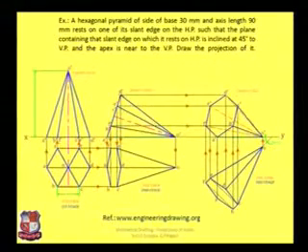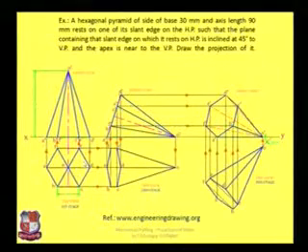Suppose this is a hexagonal pyramid, 30 mm base side, axis is 90 mm, resting on one of its slant edges. See, here it is given that this pyramid is resting on its slant edge. So whenever it is given that it is resting on its slant edge, in that case we have to draw a hexagon like this, such that two sides are parallel to the XY line. Suppose it is given that these two sides are perpendicular to the XY line or perpendicular to the vertical plane, or it is resting on its triangular face. In that case, these two sides should be perpendicular to the XY line.